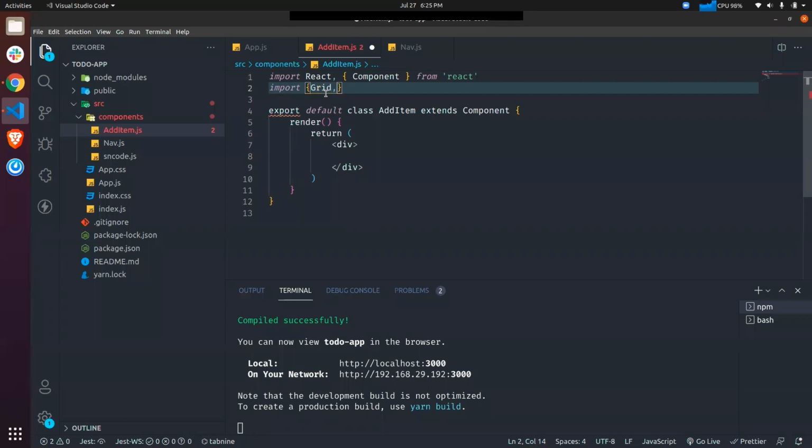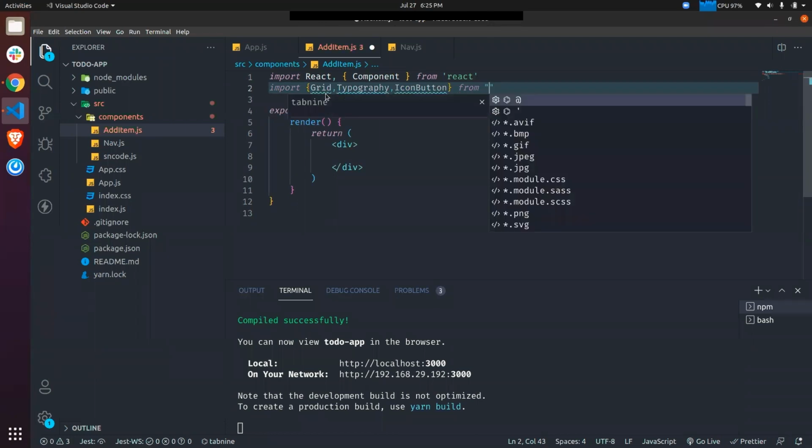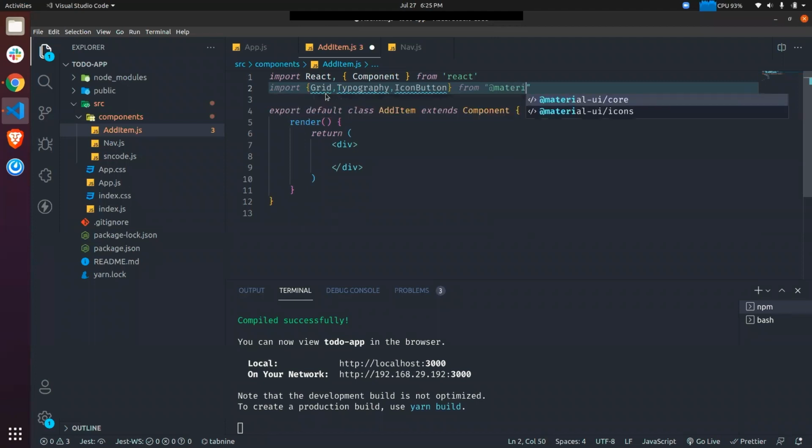We can also have Typography, and Icon, from @material-ui/core.